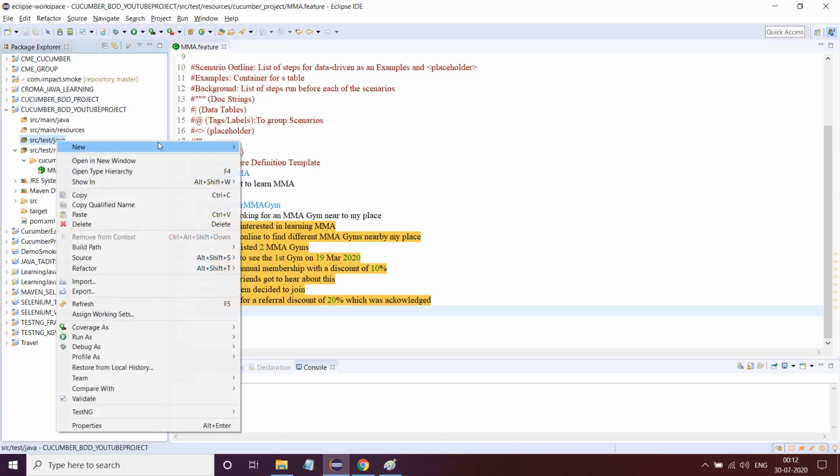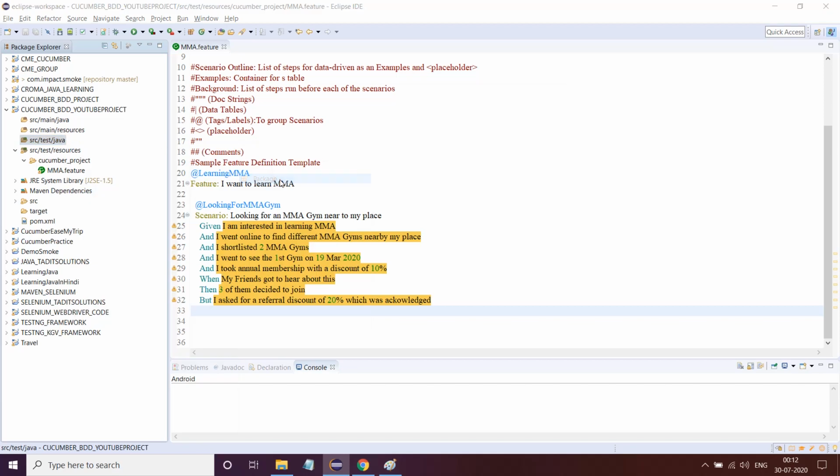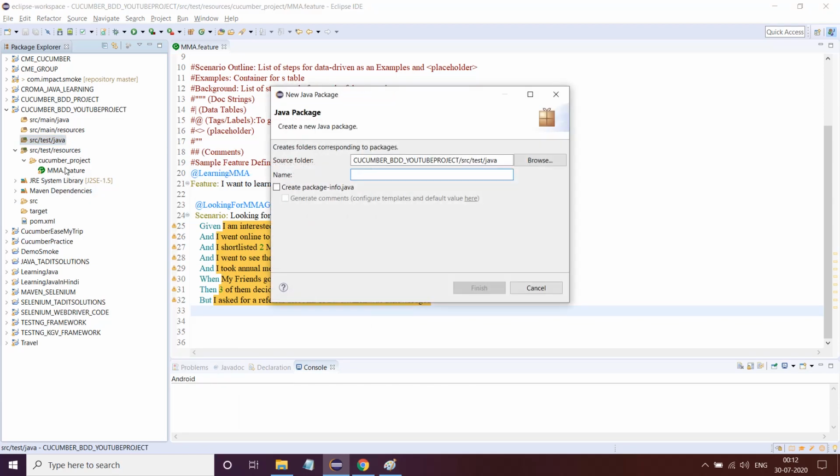And guys, always remember this: whatever folder or package you have created in src test resources, wherein you have created your mma.feature file, exactly the same package name you have to mention here. If you do not do this, then it will throw a class path error, which we will see once we execute a runner file.